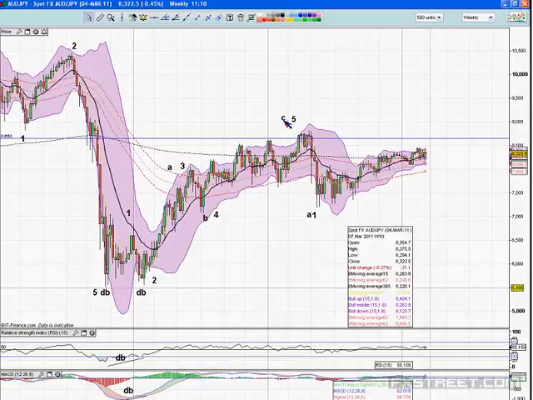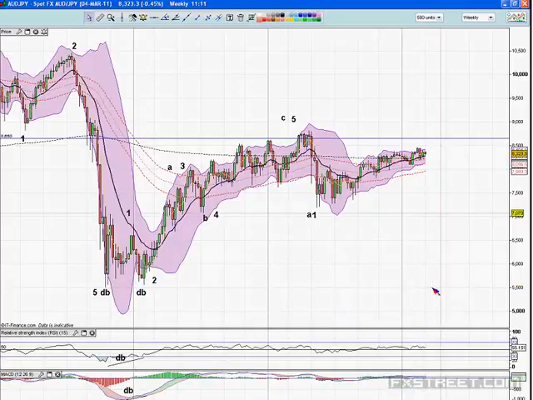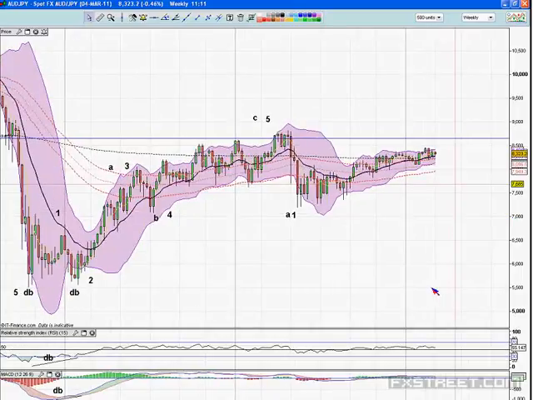Or this is ABC, this is 1, this is corrective 2, and this is going to be 3 on the way down. But both of my sequences, if you like, dictate that I should be looking to get a decent move to the downside pretty soon. And you can see here, by all these moving averages that I've got on the chart, there's a hell of a lot of